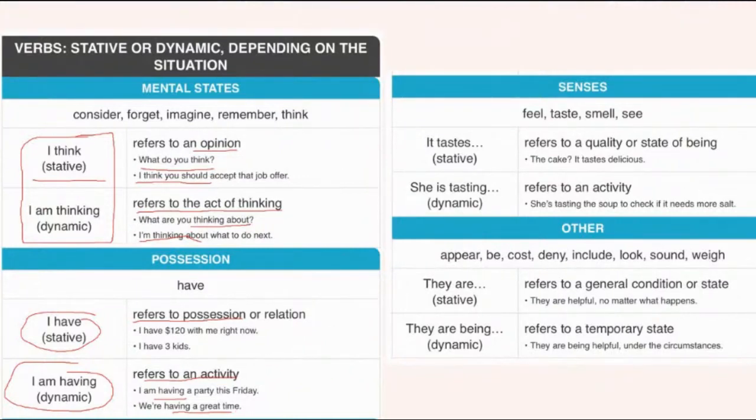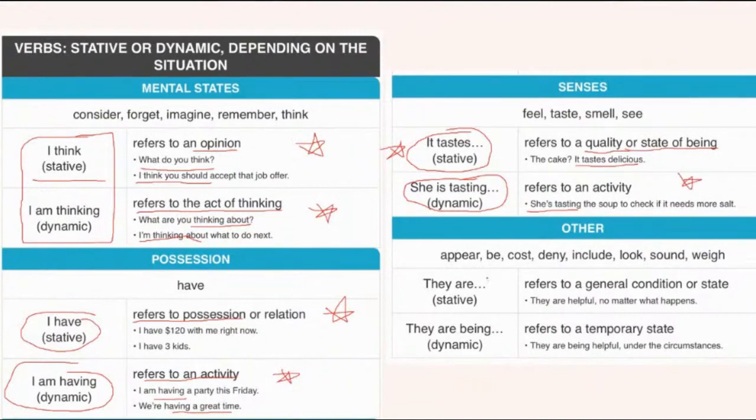Let's look at two more verbs, taste and the be verb. If we're talking about the state of being or a quality, using taste as a quality, it tastes delicious. This is stative. I would not say it is tasting delicious. It tastes delicious. And if it's an activity, she is tasting the soup, right? So here we can see in these a theme, a quality, a thing, a state of being, a possession, or a relation. These are stative. Activities